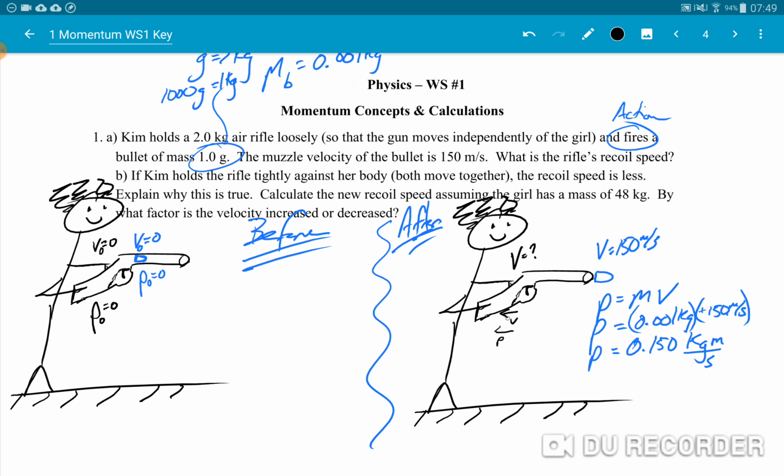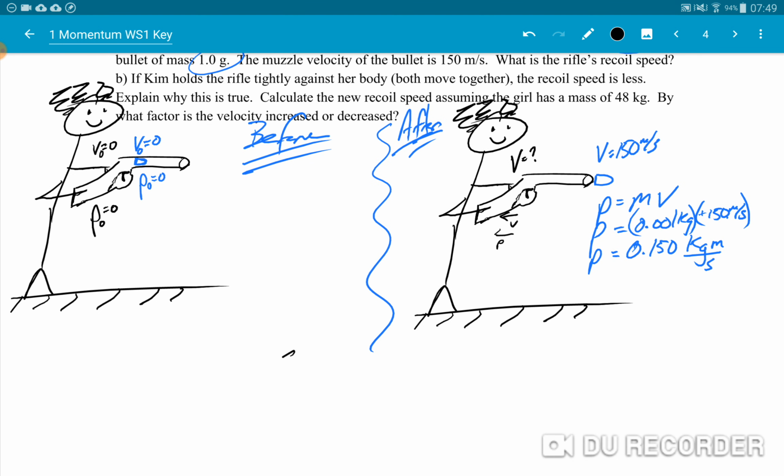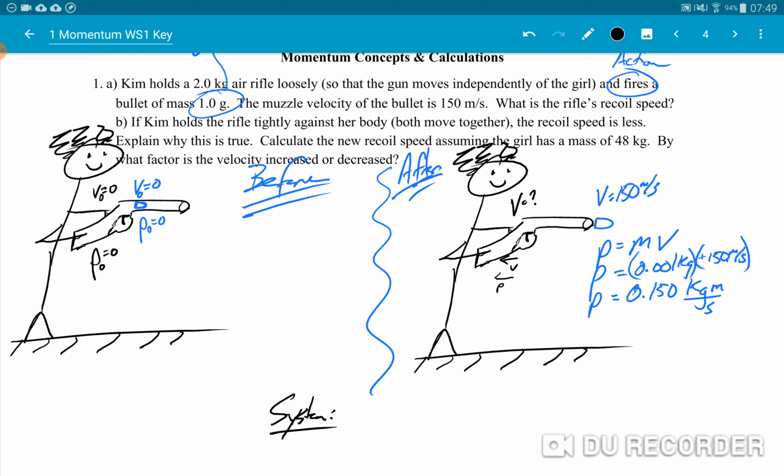And wait, if it's got a velocity to the left, that's going to be a negative velocity instead. And so that's going to be a negative momentum. And lo and behold, I can't create or destroy momentum. So if I looked at my system here, and if I included everything that's interacting here, that is exchanging motion here,